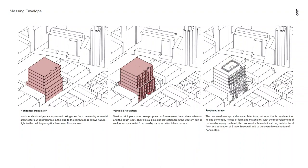So the architecture really starts with horizontal articulation, expressing those slab edges and taking cues from the industrial language. And then an insertion of brick piers within that. And that starts to set up a rhythm and a scale on the street, which currently does not exist with the